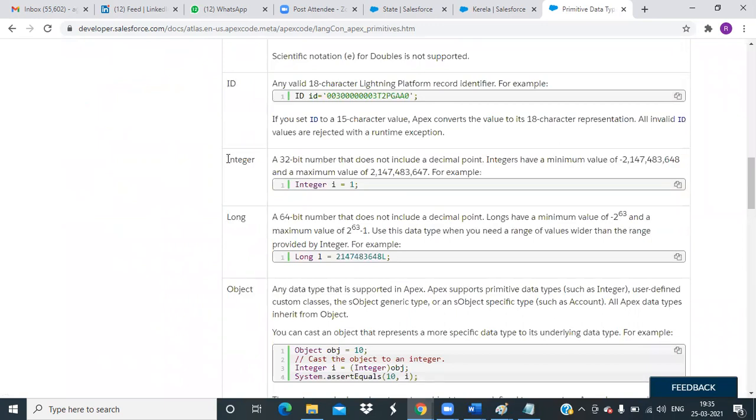For numeric values, we have integer, then long. As we know, the integer has its limit of a 32-bit number. Long can accommodate higher numbers, from minus 2 to the power 63 to 2 to the power 63 minus 1. So long has higher limits.